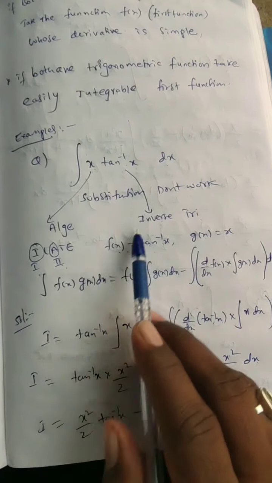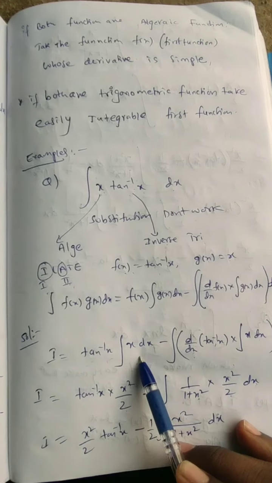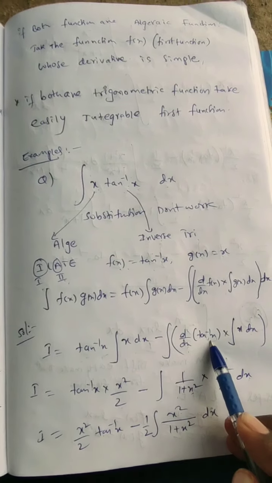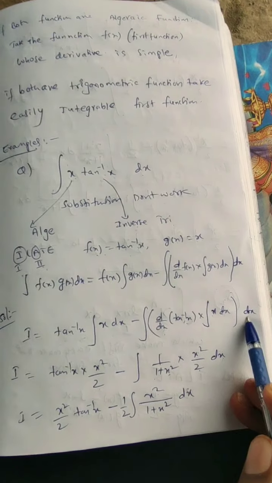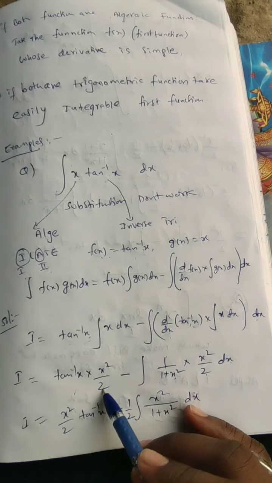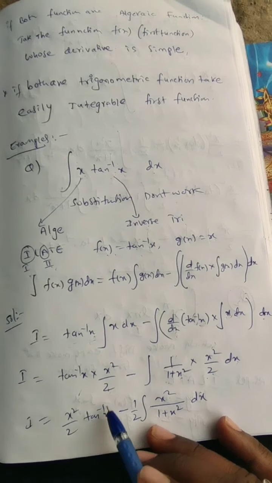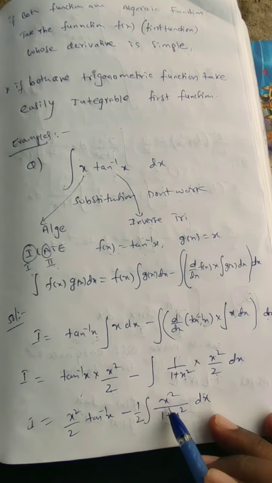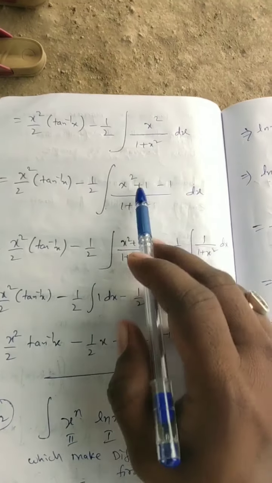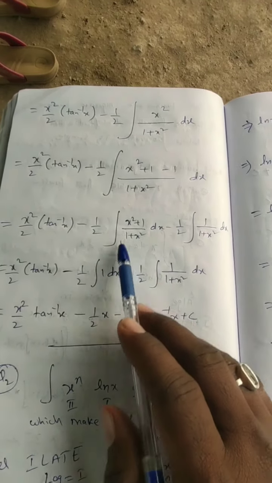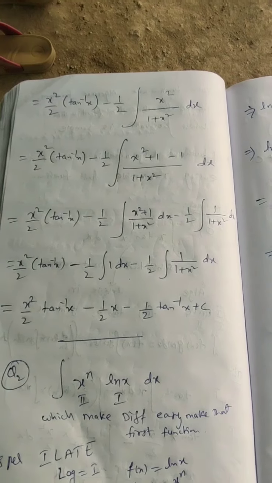Same way here, I used tan inverse x as the first function, which I kept outside. Now I integrated the second function, minus I differentiated the first function and I integrated the second function. The whole product I made it again integration. So tan inverse x, I got x square by 2, this is 1 by 1 plus x square, this is x square by 2. So x square by 2 tan inverse x minus half, this you got x square upon 1 plus x square. So we will integrate this one, then the answer is over. So we have done this integration by adding plus 1 minus 1, separating this one, it cancels 1, and this is the formula of tan inverse x, this is x. So this is the way we do it.